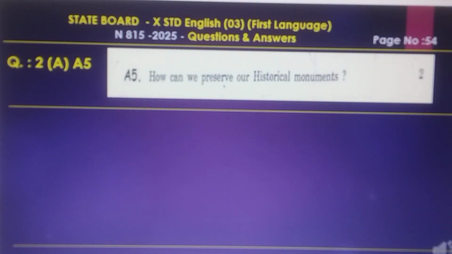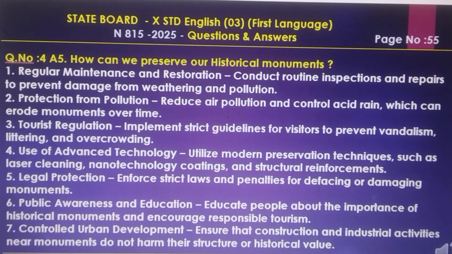The another question, question number 2A5: how can we preserve our historical monuments? The answer to this question: regular maintenance and restoration. Conduct routine inspections and repairs to prevent damage from weathering and pollution, protecting from pollution. Second point, reduce air pollution and control acid rain, which can erode monuments over time. Under tourist regulations, implement strict guidelines for visitors to prevent